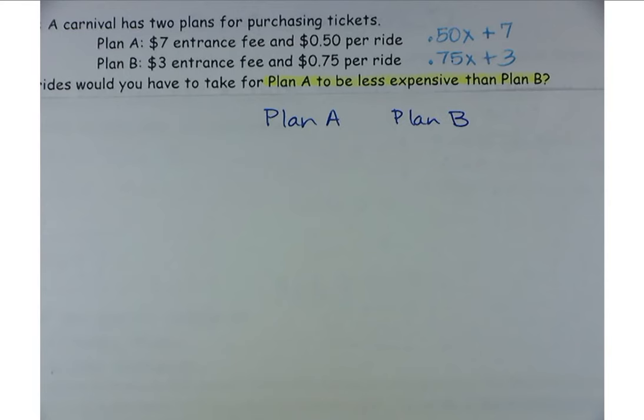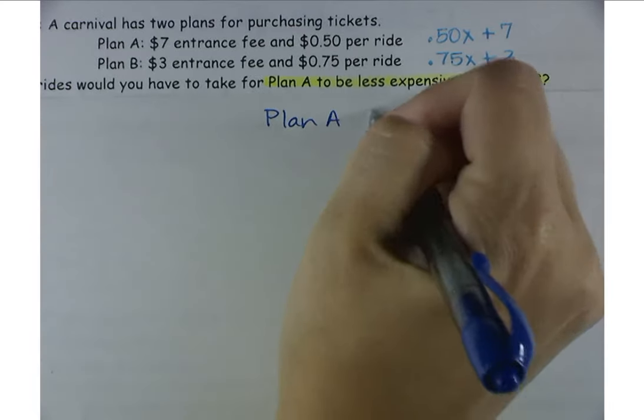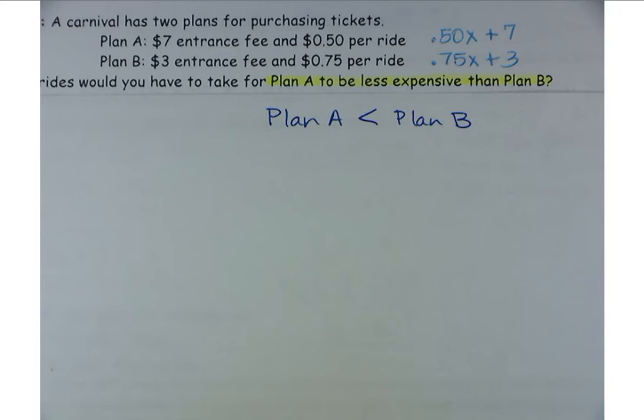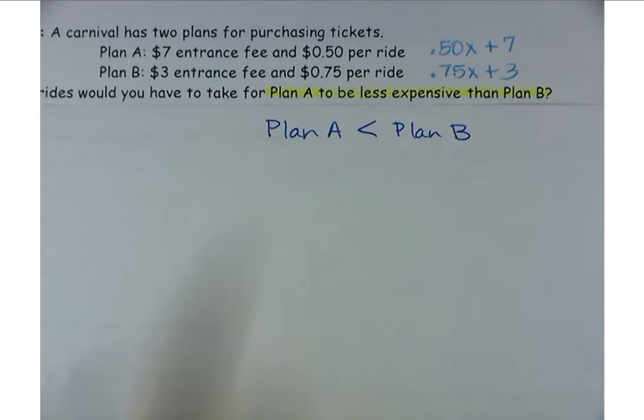What were you guys thinking? Less than. Plan A has to be less than. Can it be less than or equal to? No. Then they'd be the same price. Okay, good. So if they were less than or equal to, they'd be the same price. And if it was the same, then would it really matter which plan you chose? No. Okay. All right, so if Plan A is less than Plan B,